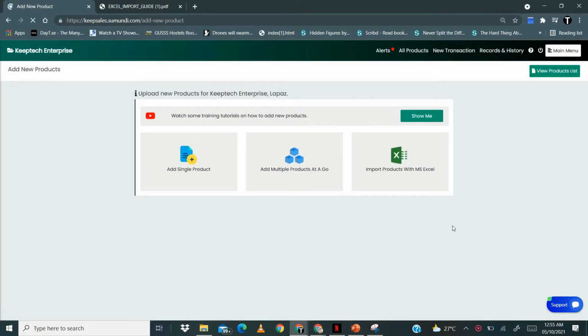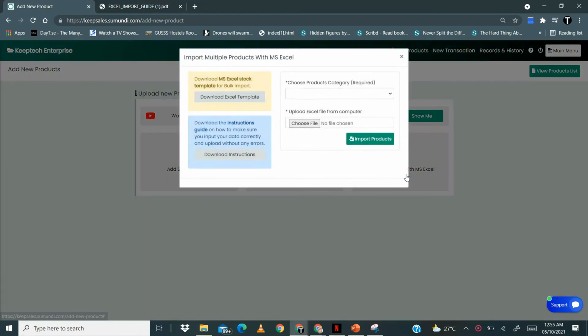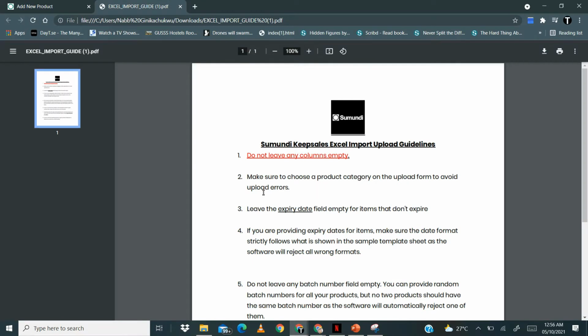product. Okay, so under add new product, we come to import products with Microsoft Excel. Over here we'll be downloading our Excel template. And then down here there's a download instruction that we always have to take notice of. All right, so when you click on it, I've actually opened one here. When you click on it, it downloads, and then you are able to view